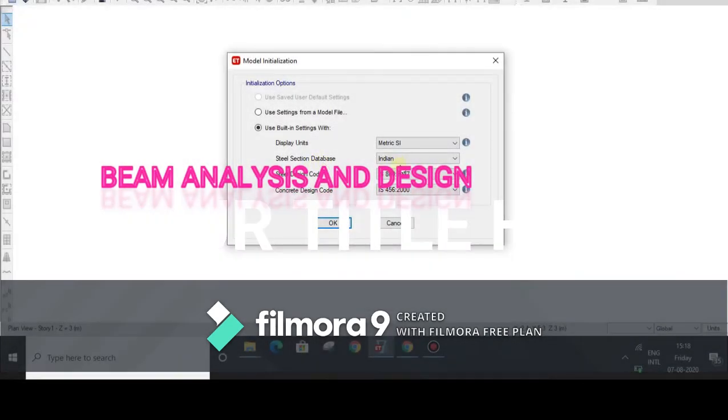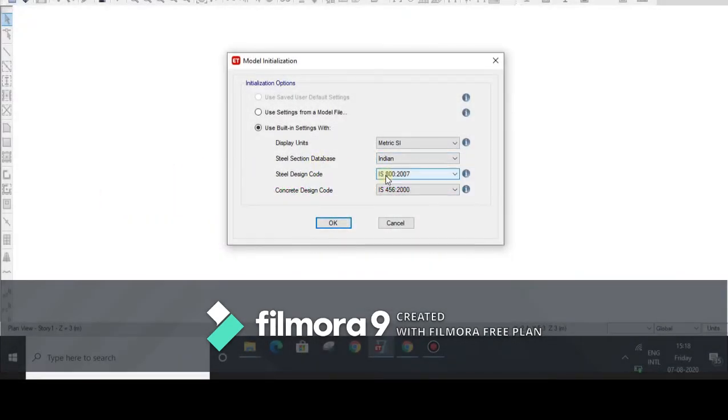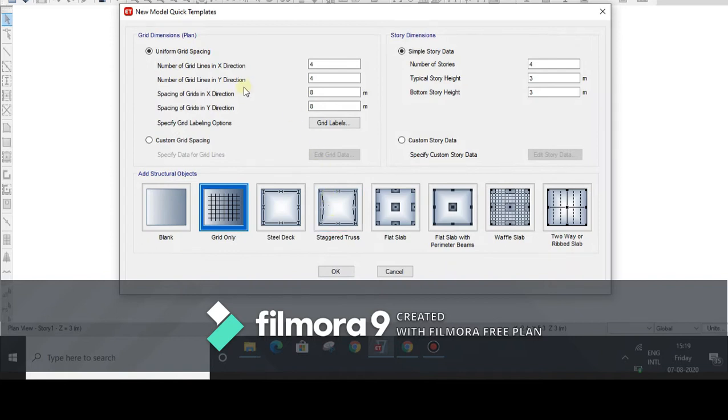Steel section database: Indian steel design code IS 800:2007, concrete design code IS 456:2000. Click on OK. Number of grid lines in X direction 4 and in Y direction 1. Number of stories: if we select 0, it shows that the number of stories cannot be less than 1. Make it 1. Go to custom grid spacing, click on edit grid data,